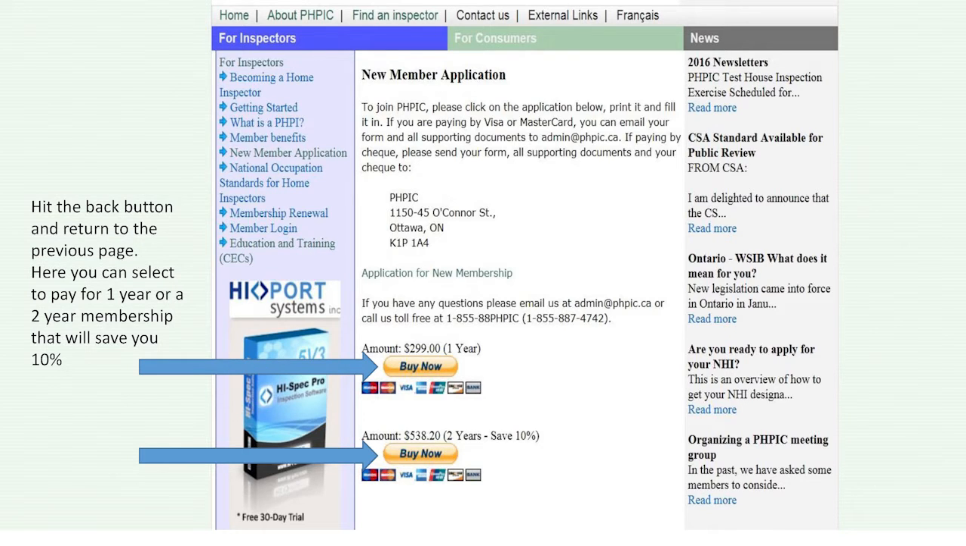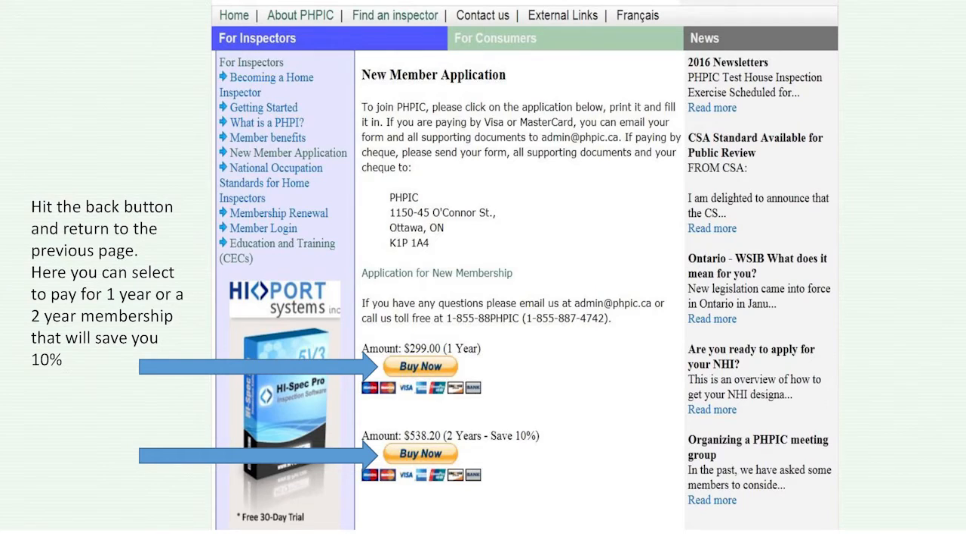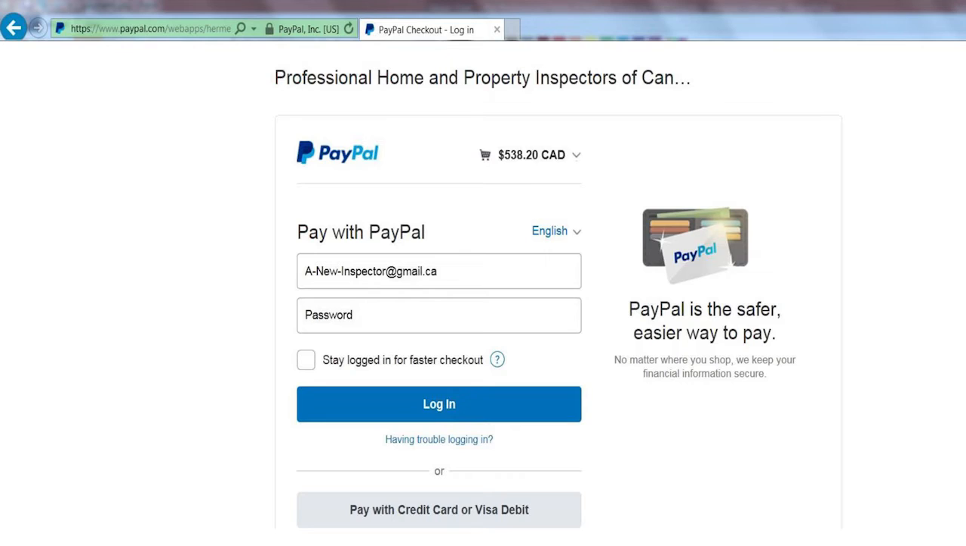We are actually one of the most cost-effective organizations for home inspectors to join in North America. Our 1-year fee is only $299, and as Brian said, if you join for 2 years, you get a 10% discount on that. Okay. So next slide, number 17, is PayPal. You just enter your PayPal information, name, password. Then you go back